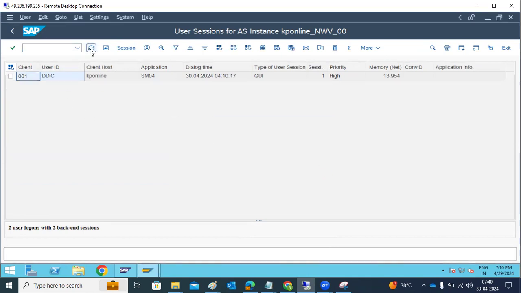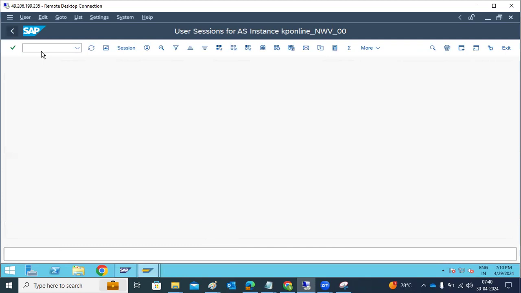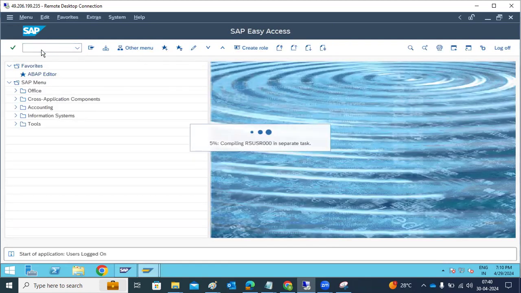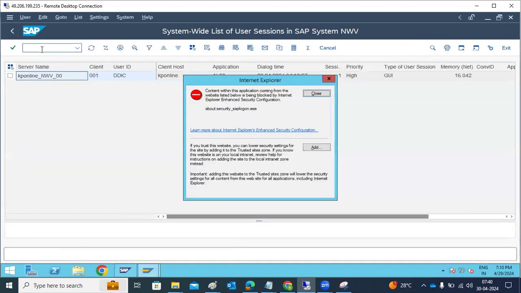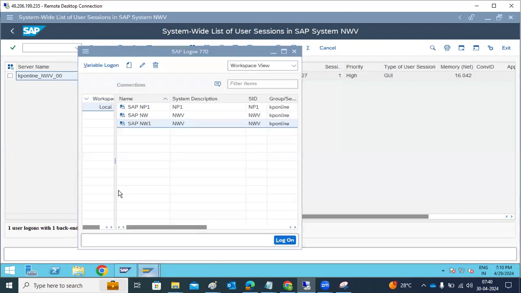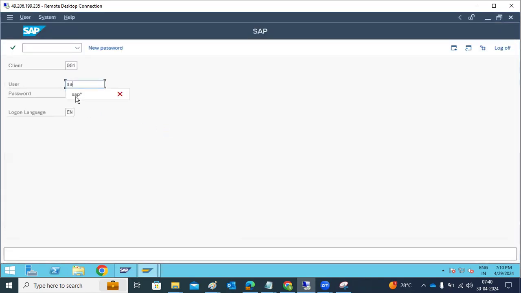Now there is only one user here, which means that user screen is gone, right? So if I go to the AL08 all users list here, you can see all the users which are logged into the system, all the information is displayed. Now there is only one. Suppose I log into the system with a different user, then one more entry will come. So here in SM04 or AL08, we can see the list,